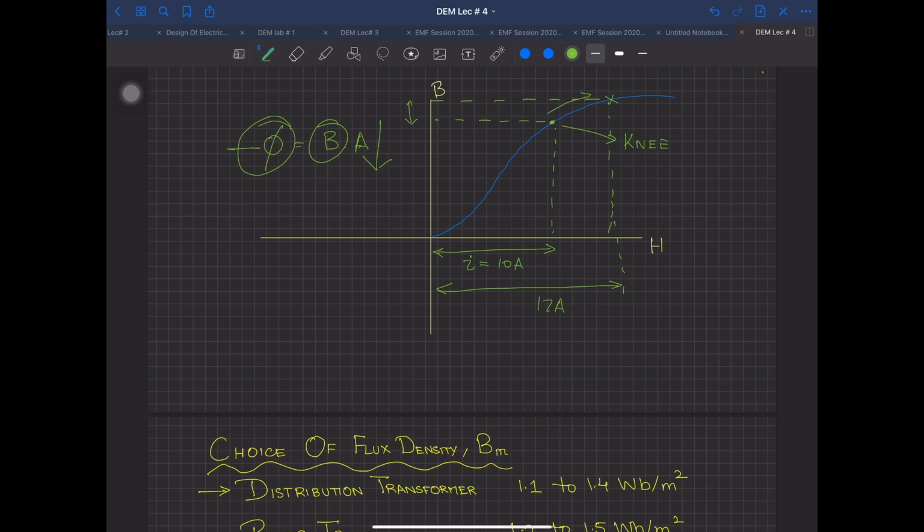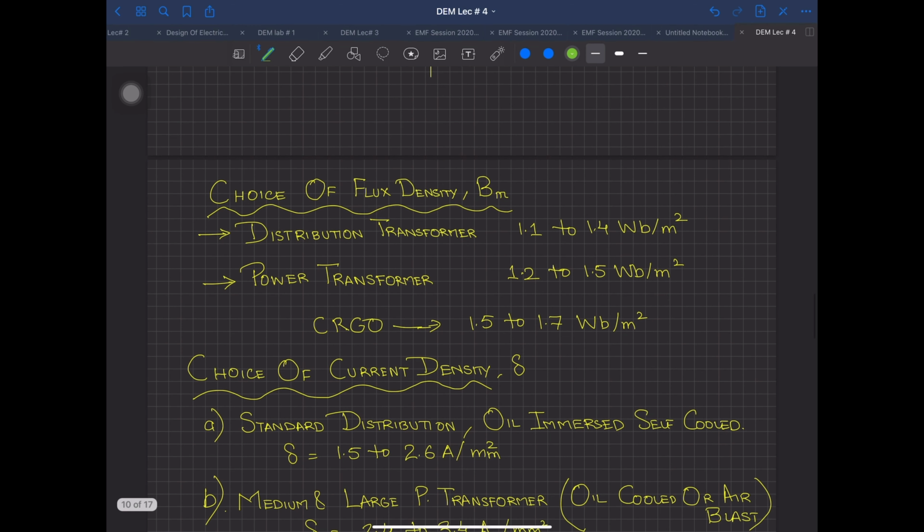But increasing your B is also dependent upon your material as shown over here. Now, if you are having a distribution transformer, we have discussed this much earlier, in the first lecture we talked about it, a distribution transformer has to work 24 hours a day. Their core losses have to be kept low. They are always there. So you are going to have the B selected on the lower side, not more than 1.4 Tesla or 1.4 Weber per meter square.